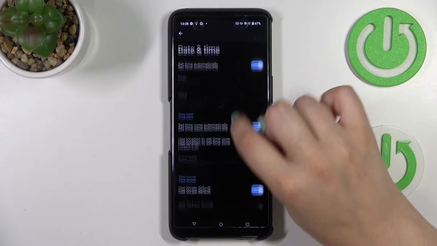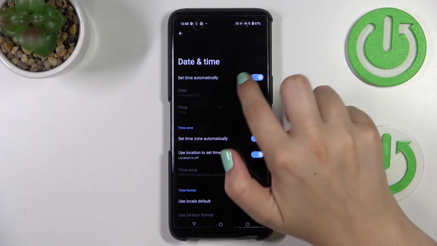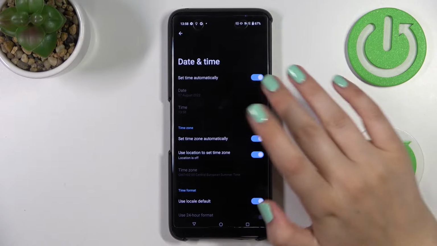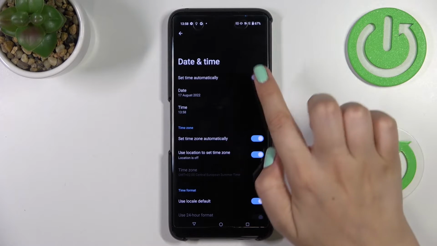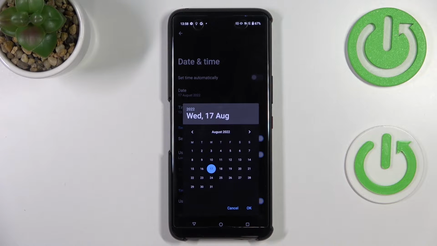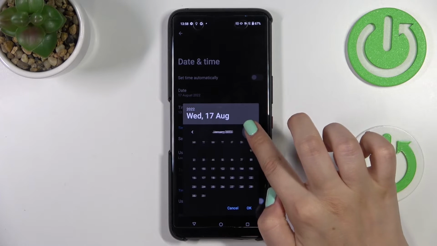As you can see, the date and time options are inactive. It is because we are using the automatic date and time, which are nowhere provided, so we can turn it off. We have to turn it off just by tapping on the switcher in order to be able to customize it manually. So now let's tap on the date, and as you can see right now, we can pick the